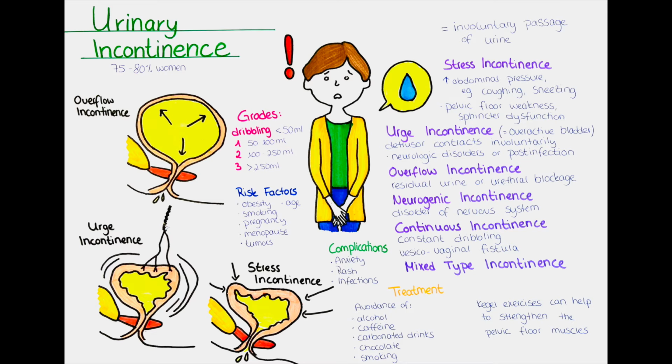I want to do that because around 75 to 80% of patients that experience incontinence are women, and pregnancy and birth make it more likely for patients to develop incontinence. In the next part, I would like to talk about causes for persistent incontinence in women. Pregnancy is one of the causes. The hormonal changes and the weight of the fetus pushing on the bladder can lead to a long-term stress incontinence, so the involuntary loss of urine when, for example, sneezing or coughing.